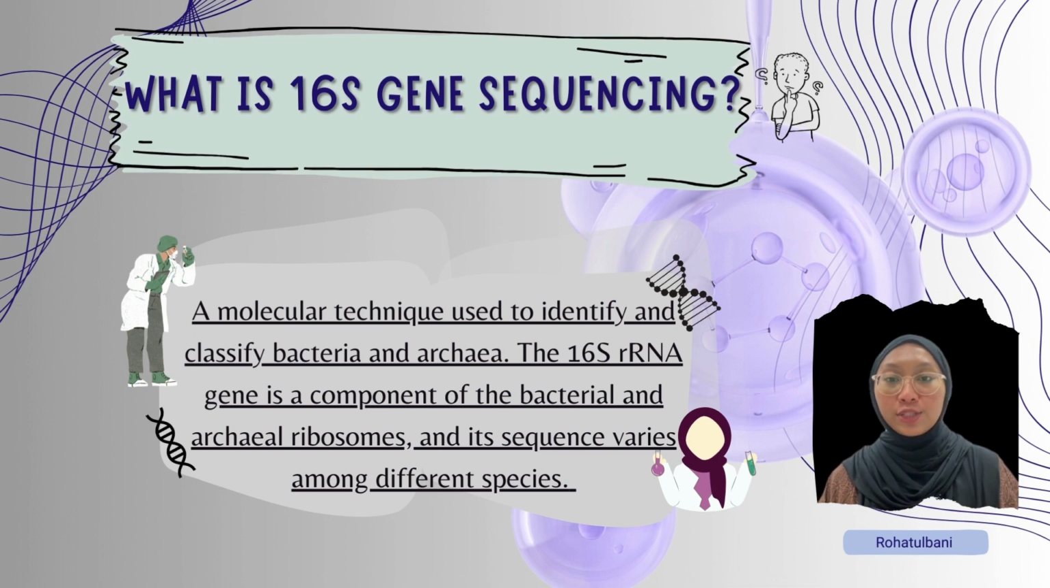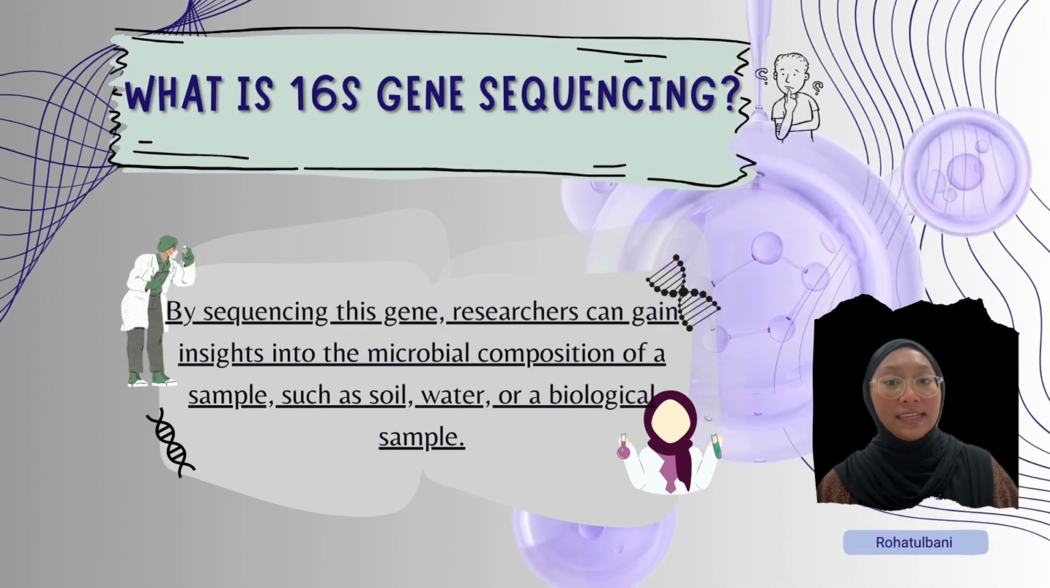What is 16S gene sequencing? 16S gene sequencing is a molecular technique used to identify and classify bacteria and archaea. The 16S ribosomal RNA gene is a component of the bacteria and archaea ribosome, and its sequence varies among different species. By sequencing this gene, researchers can gain insight into the microbiome composition of a sample such as soil, water, or